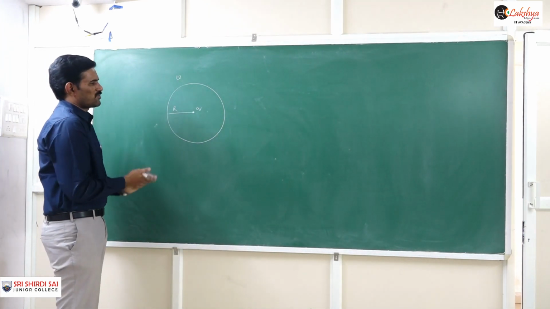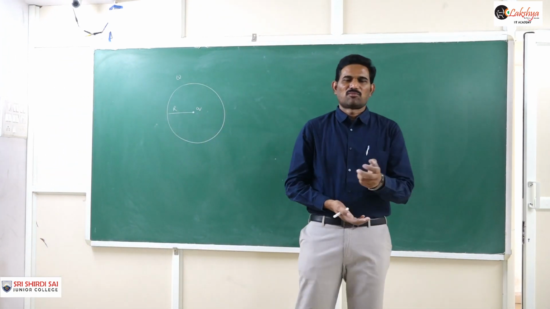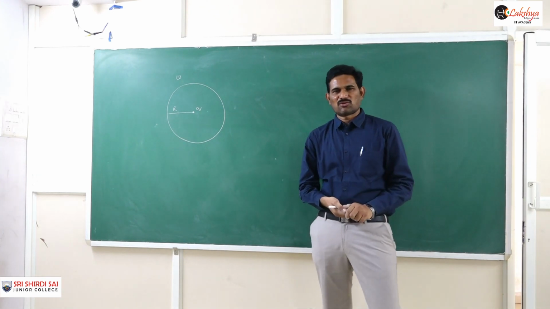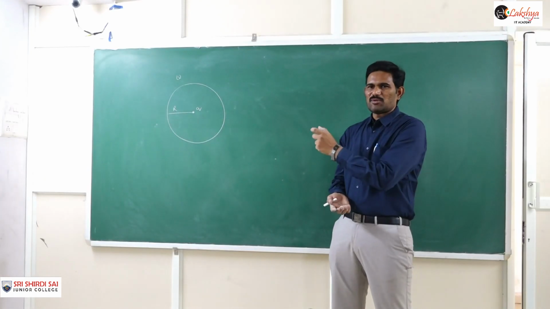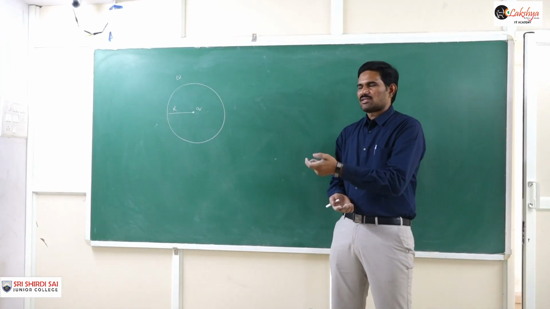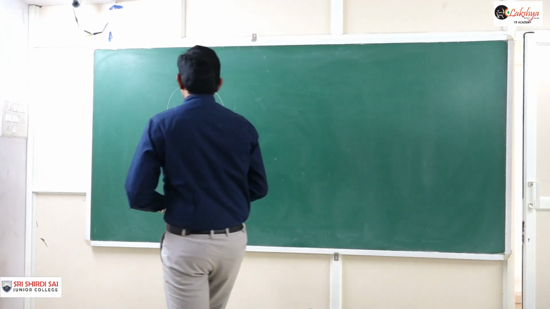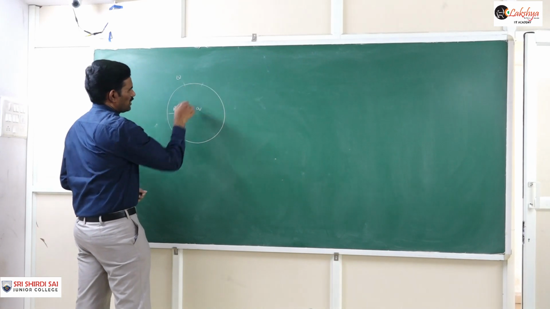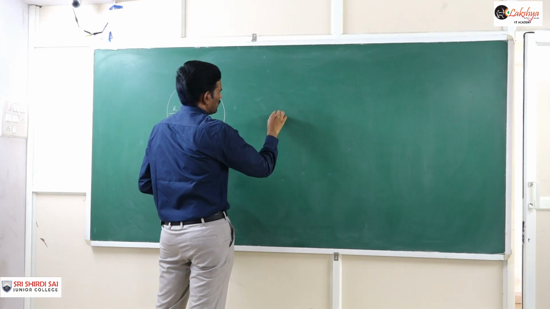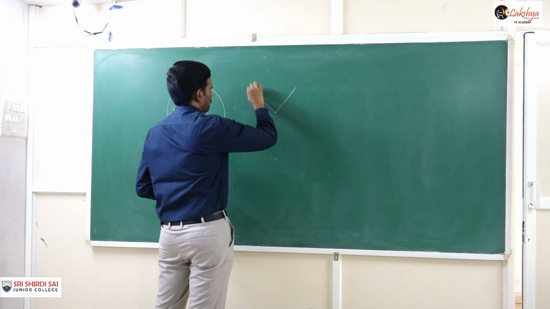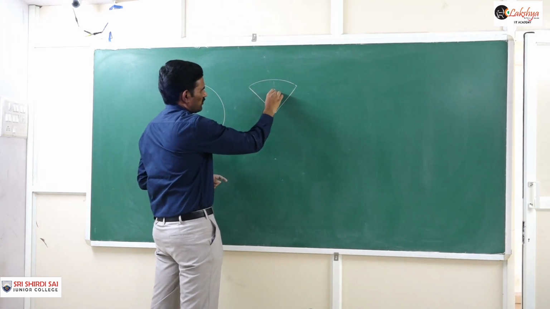Actually, this type of problem we solved in the elasticity topic, and we also solved it in the surface tension topic. We just take a small element of the ring and find the force between that element and this charge. So I am taking this small element of the ring here, a very small element. This is actually very small, so just to identify it, I am drawing it like this.